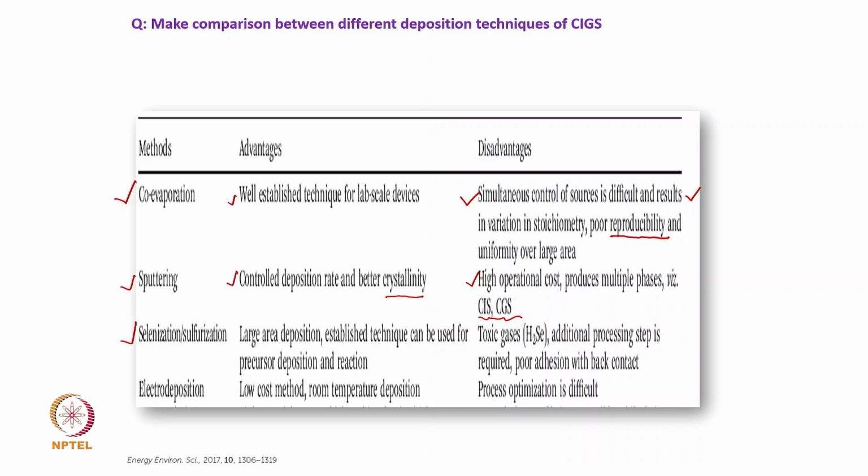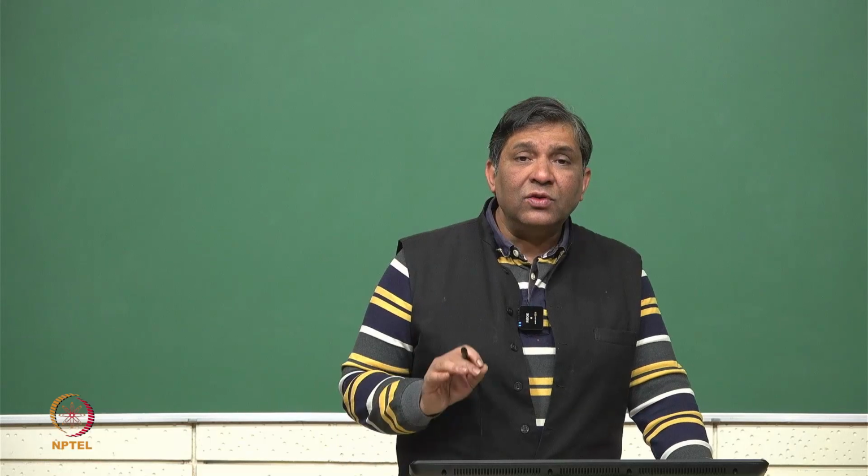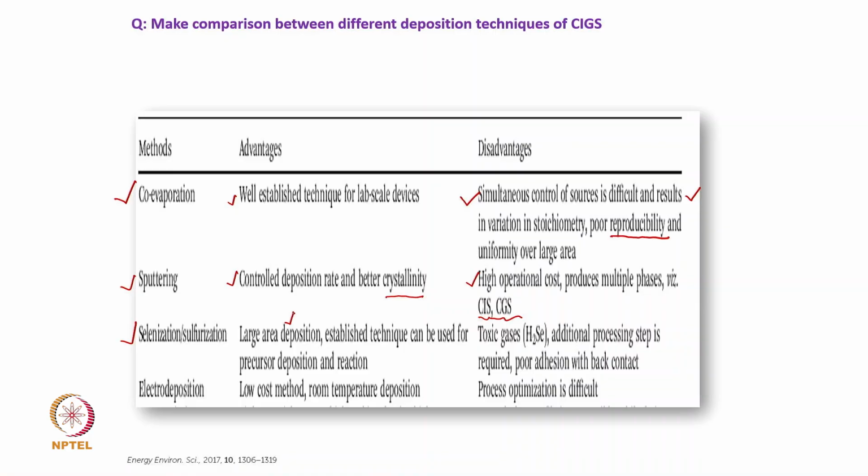So, what are the advantages of selenization? This is actually used for large area deposition. The most important aspect is that for large area deposition we choose this particular technique, and this is also an established technique for this deposition process. All right.